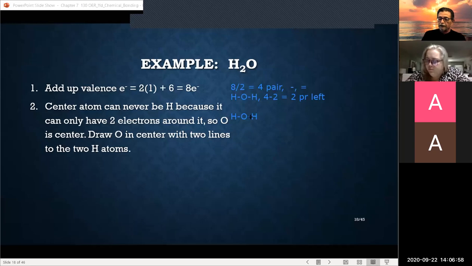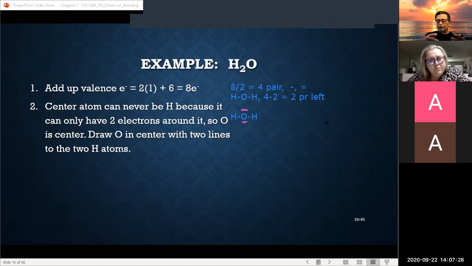You see that line is a shared pair of electrons that is shared between the hydrogen and the oxygen. And if I count them, there's 2 electrons shared with the oxygen. So oxygen has it for a period of time, and hydrogen has it for a period of time. They're sharing, okay? The other 2 pairs, the only thing I can do is to draw a line on the central atom,